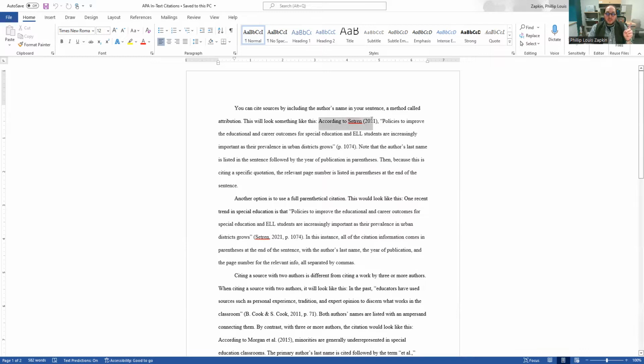So attribution is going to look like this. According to Citation, parentheses 2021, policies to improve, blah, blah, blah, blah, rest of the quote. And then at the end, in parentheses, P period 1074. So what we've got here is three elements, three things. First,